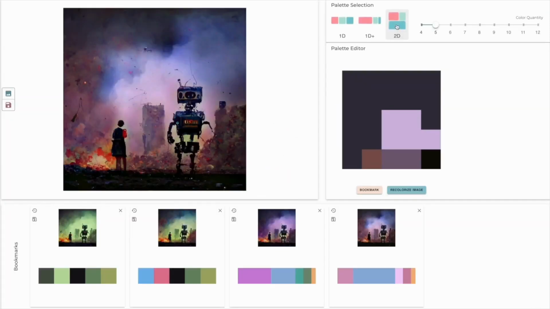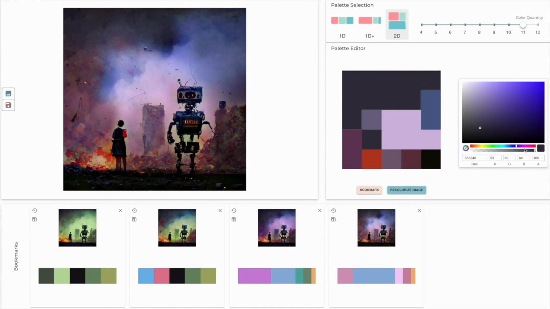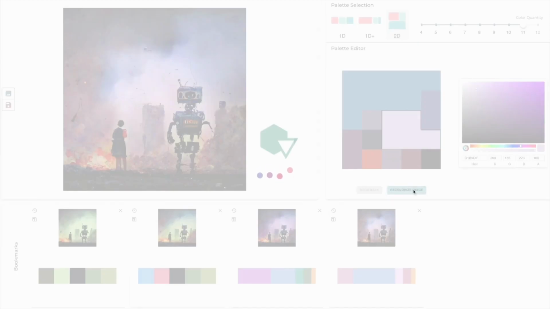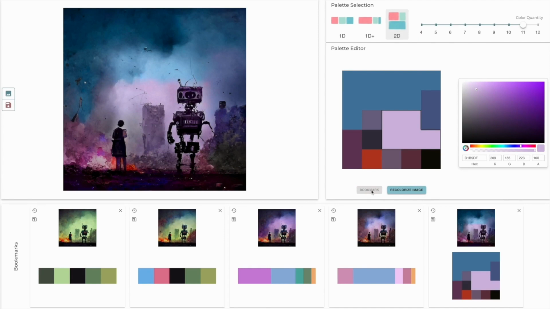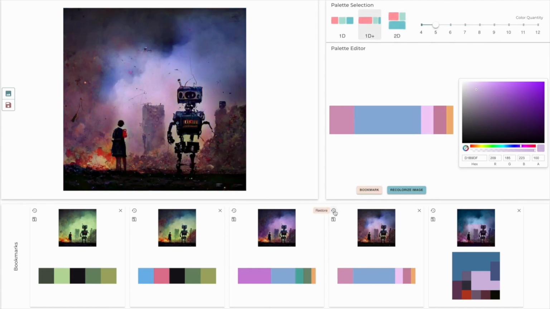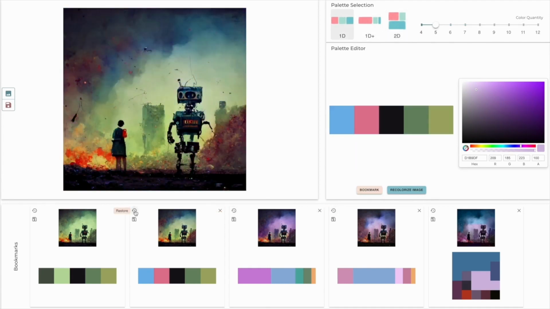She experiments with the 2D palette to tune colors for local regions in the image. By increasing the color numbers to 11, she has even more intricate control over the colors. She tweaks the sky to be a lighter blue and makes some adjustments to neighboring colors. As a result, she produces several distinct variations to present and discuss with her clients, where the overall creative process